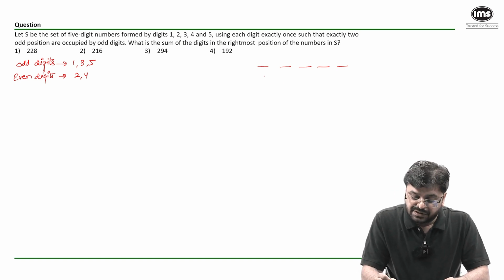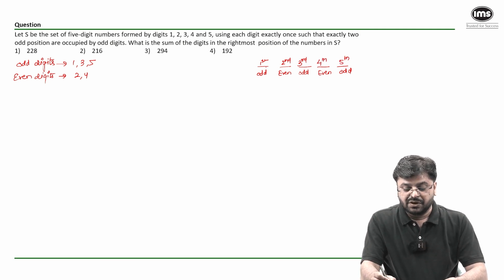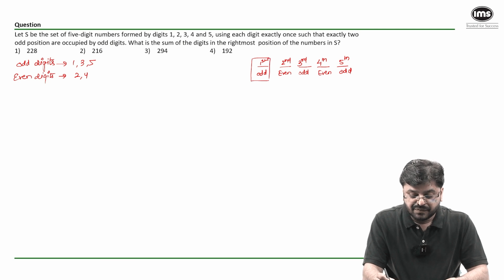So see, this is an odd place, this is an even place, odd place, even place, odd place. How are we counting it? No, it is first position, second place, third place, fourth place, and this will be the fifth place. So we want, out of first, third, and fifth,